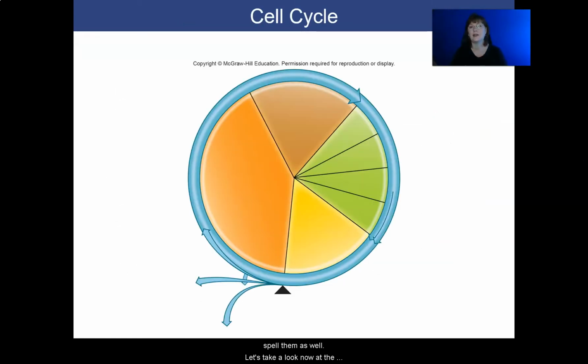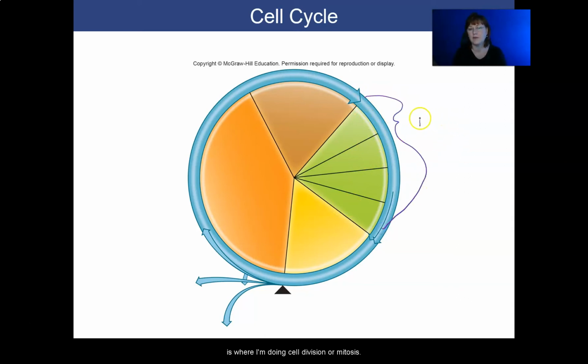Let's take a look now at the cell cycle. You should be able to draw the cell cycle out and walk through the different steps in each phase of the cell cycle. Now, when we look at the cell cycle, this section here with these little skinny pie wedges,